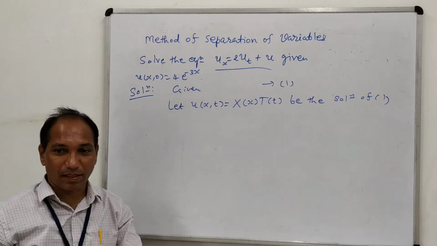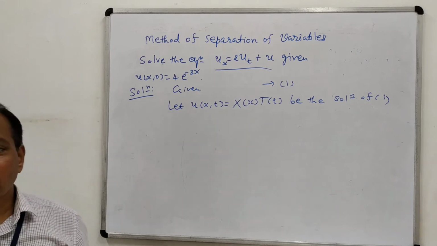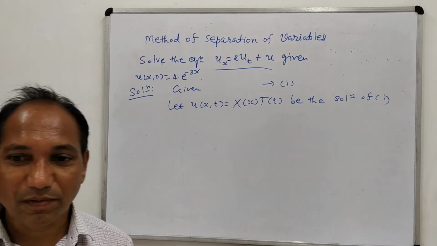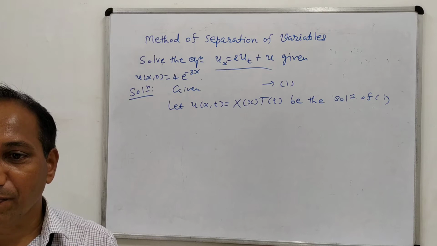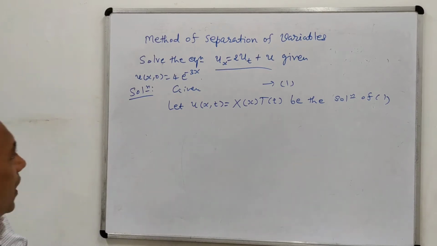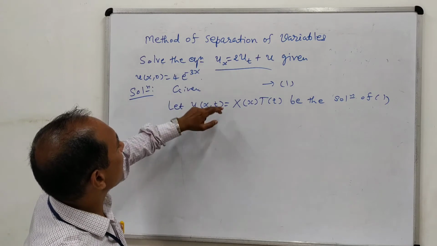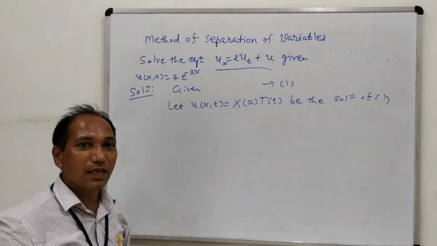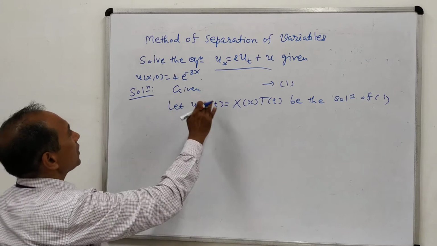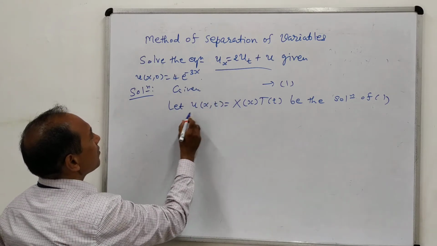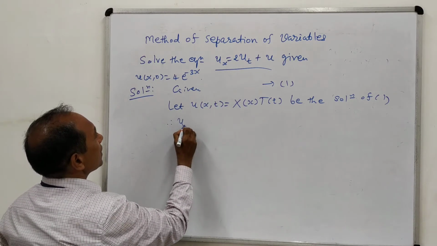So as per our assumption, see, it is our assumption only because we have not obtained the final solution. As per our assumption, it is the solution, so it will satisfy this equation. So we can put this value in the given equation. To put this value, here we will require the derivative of this one with respect to x.